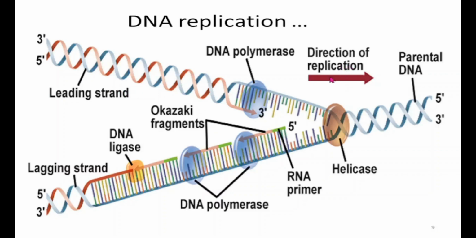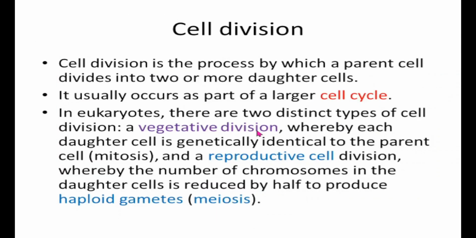So here the direction of replication is this direction, and the new strand which is towards the direction of replication is the leading strand, and the strand away from the direction of replication is the lagging strand. So here these are the DNA polymerases which are bringing the nucleotides and adding them to the growing chain of the